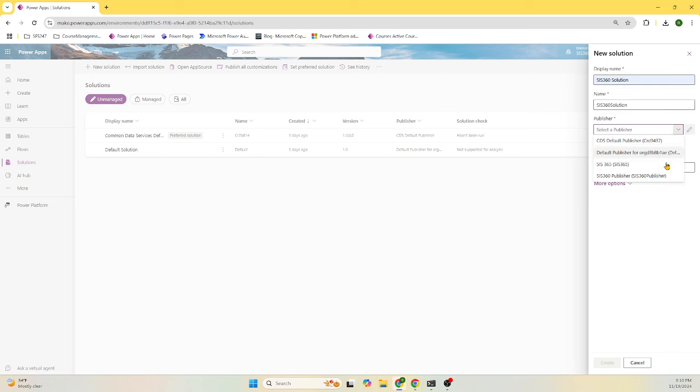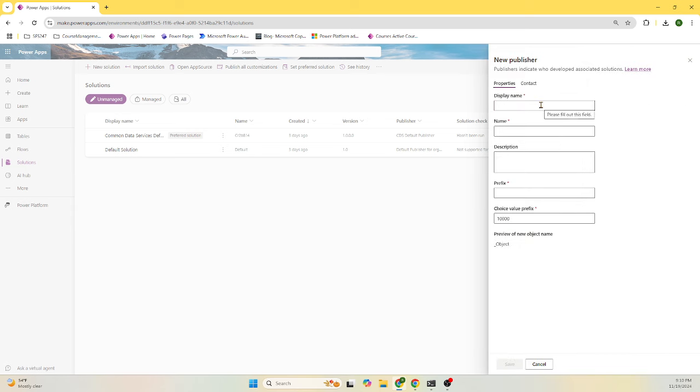Here in the publisher, you can select the SIS360 publisher. If you don't have it, you can go ahead and create the publisher. These are the steps to create the publisher. You can give the name SIS360 publisher. For our purpose, that publisher is already available, but I will create a new one for you guys to know what we are doing. Here, specify that this is a publisher, a new publisher used for